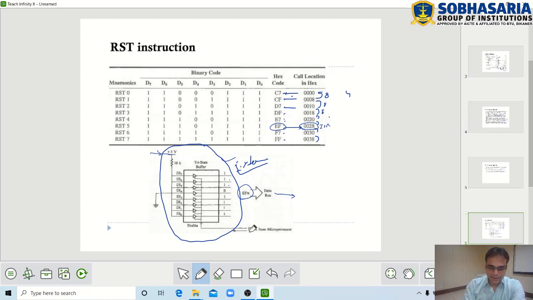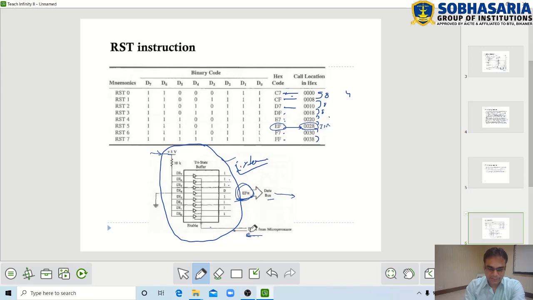And remember that we have explained earlier that the INTA pulse is sent from the microprocessor, which is connected to enabling this particular hardware. If the INTA pulse is sent, then this entire circuit will be enabled and this particular RST code will be shared on these data lines.